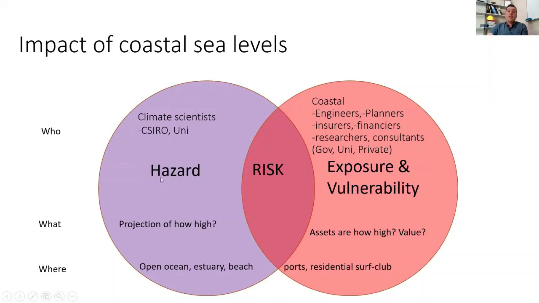We're looking at hazards in the open ocean, in estuaries and on beaches, and the exposed and vulnerable assets are ports and residential areas, for example. Where the hazards and exposure overlap is the risk, and really what we're interested in is who and what are impacted: the social, economic and environmental impacts